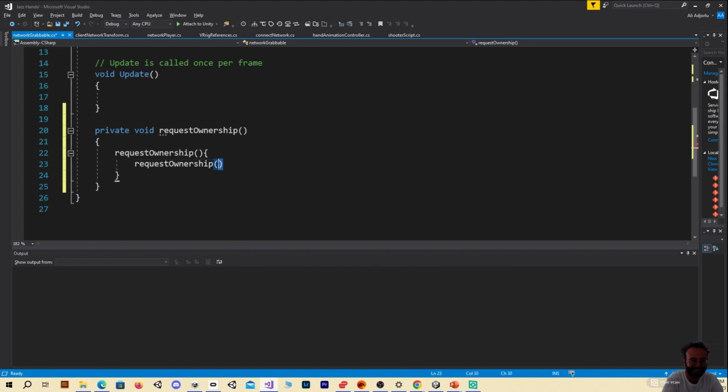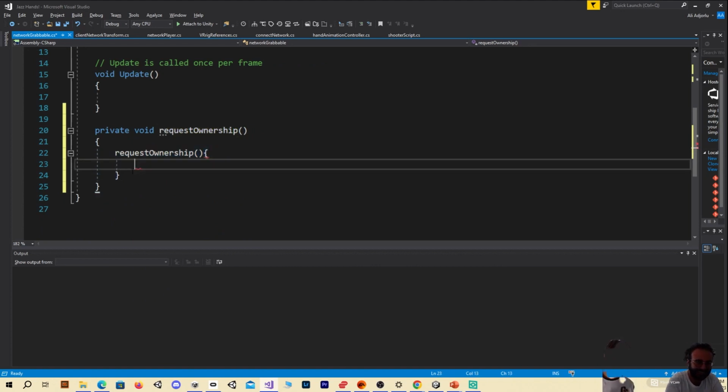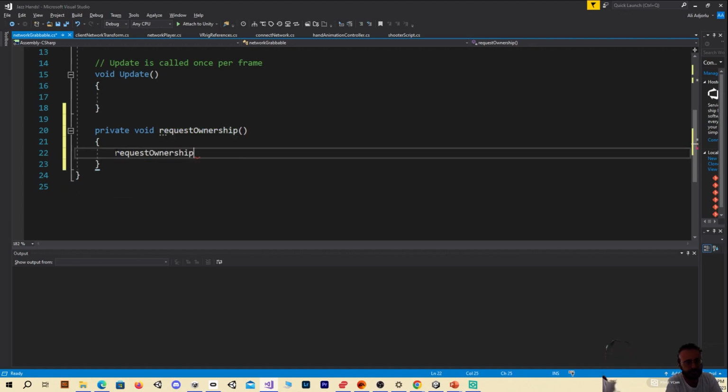Okay, sorry. So for making remote procedure calls, in terms of syntax, Unity has made it an option for us to define which method is going to be a server RPC. So we need to end the method name with server RPC. So capital S. Actually, I usually do underscore just to make sure that